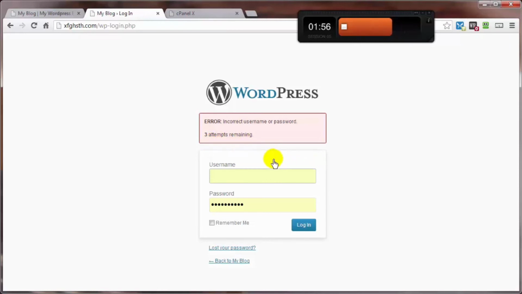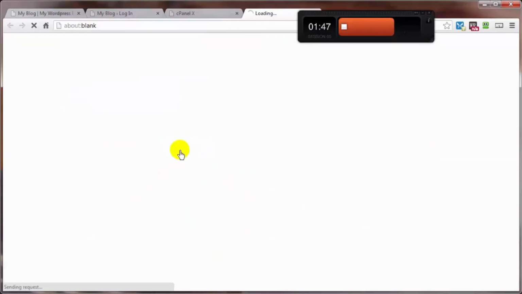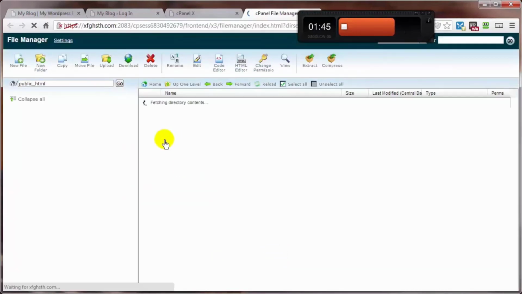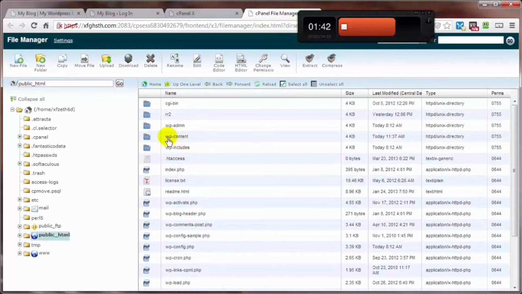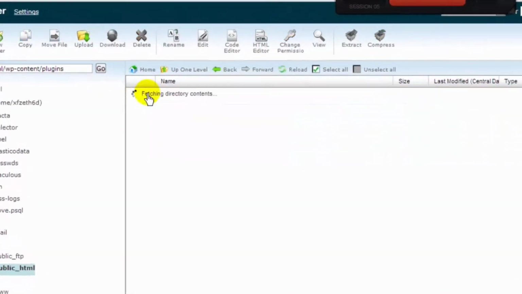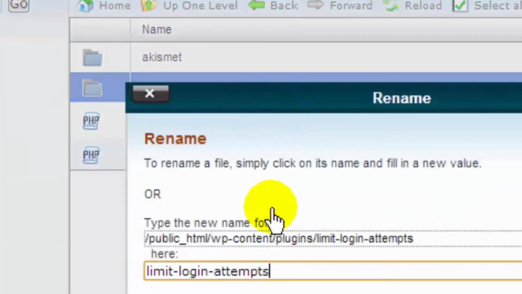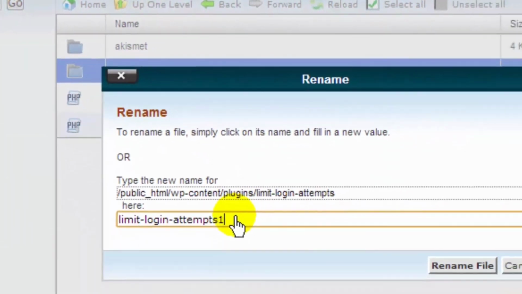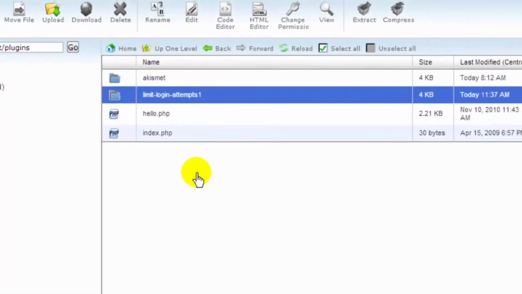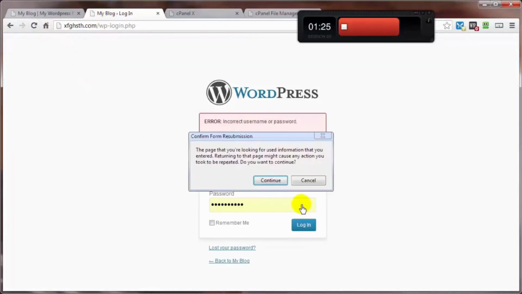So if you can't remember your administrator login credentials in 4 attempts, well, you probably ought to just give up altogether. But if you want to, you can go into your cPanel or FTP account and just kind of disengage that plugin. Come on down to File Manager, look for that plugin, and just rename it. And that's in the wp-content directory. Open that up. In the plugins directory, open that up, and right here, just rename it. I just put a number after the end of it, like 1. Just basically change the name of it. And then come on back here, refresh, continue,